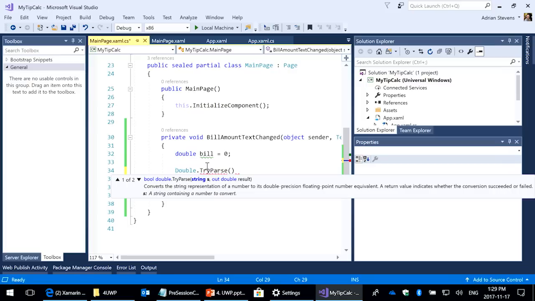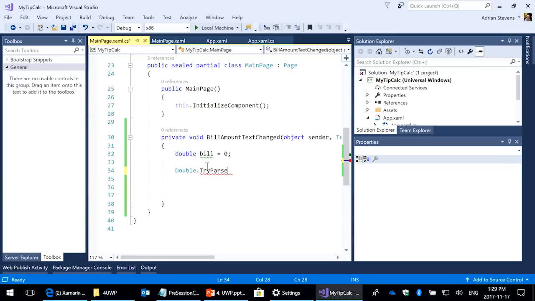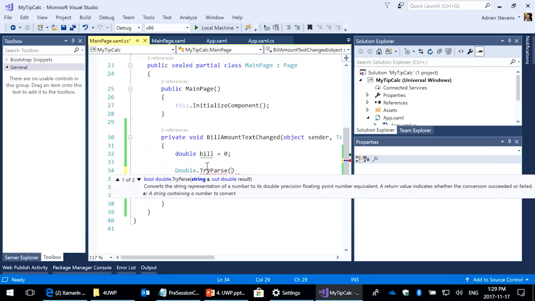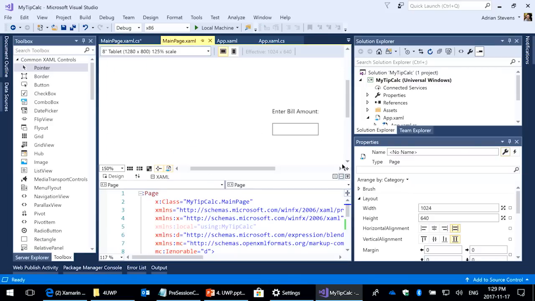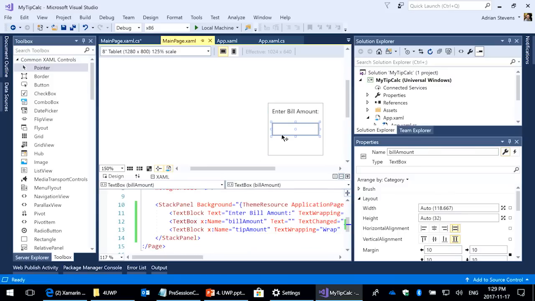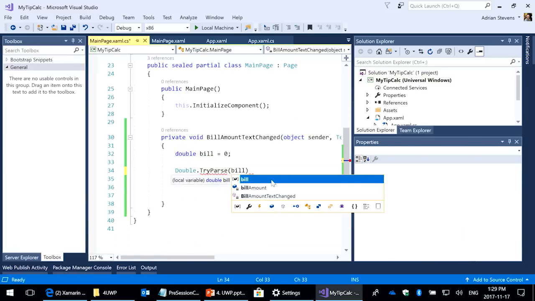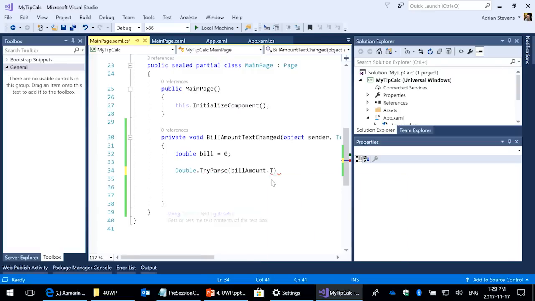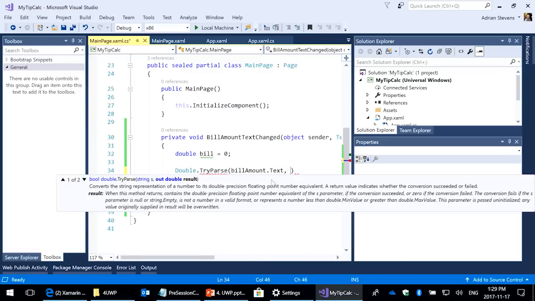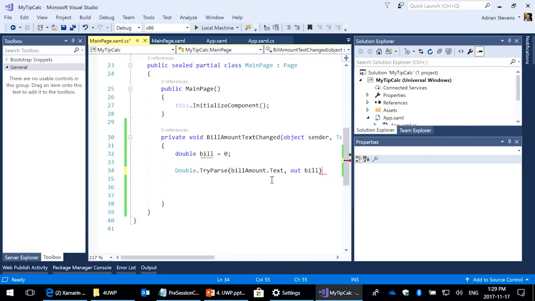So I want to get the string out of our control. We just give it a name of bill amount. And if we go bill amount, it conveniently has a text property. And this is going to be the representation of the text that's been entered into that control. And then for double TryParse, I'm just going to get the value back out. So I'm going to go out bill. Now let's just wrap this in an if statement. So if this is successful,